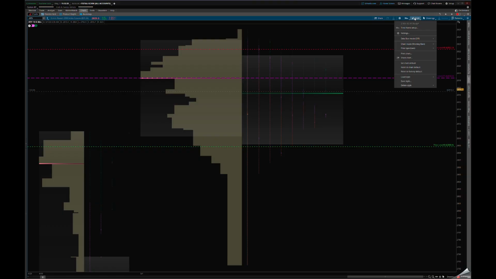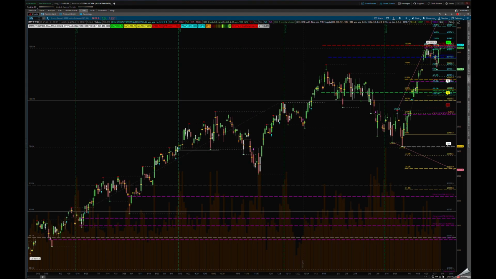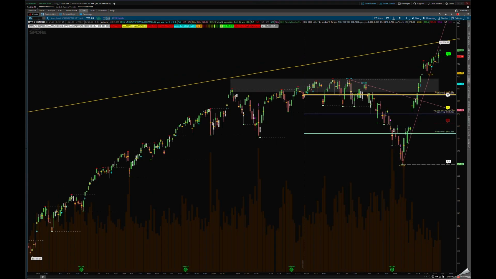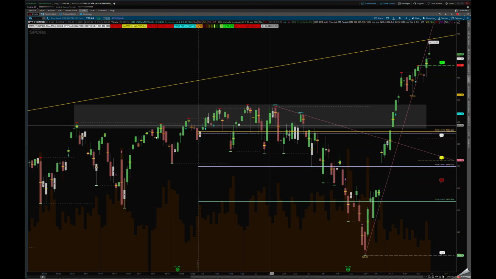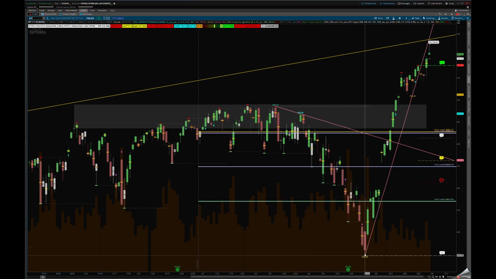Let's go to style. We're going to go to bars. From bars, go back to standard. I'm going to use the SPY here. And I wanted to show the SPY has 11 sectors here. We can see the prior year's high here, where it was in December 2025. This was the January, February. Then we fell down in March. That was the low. We had this island reversal after the tweet, Iran, the war.